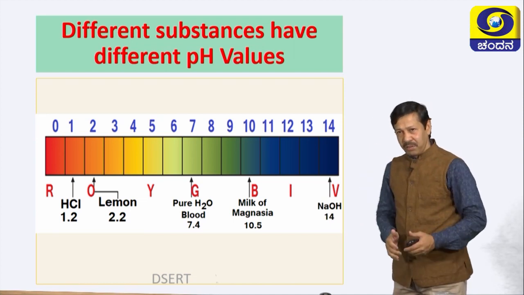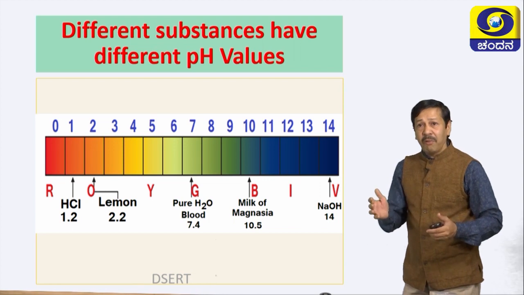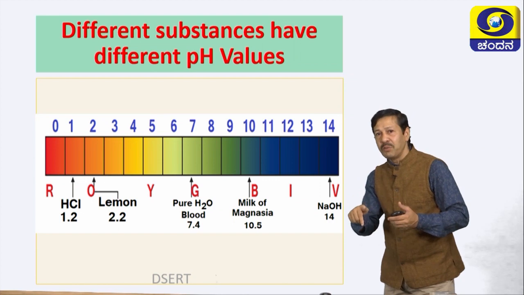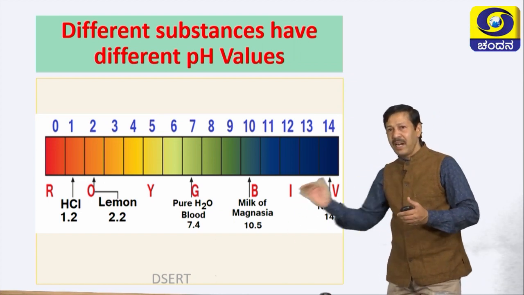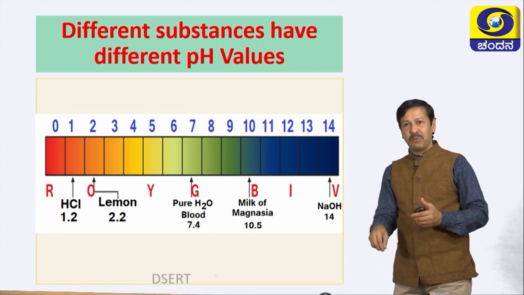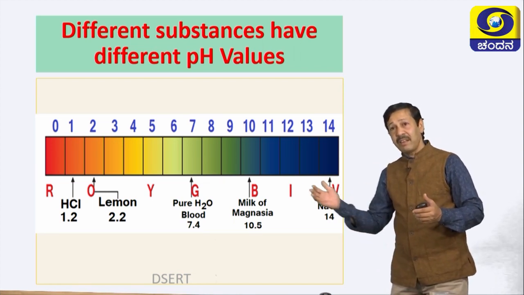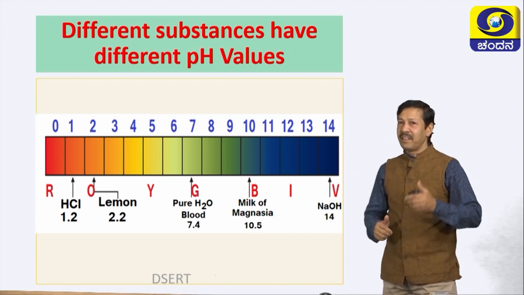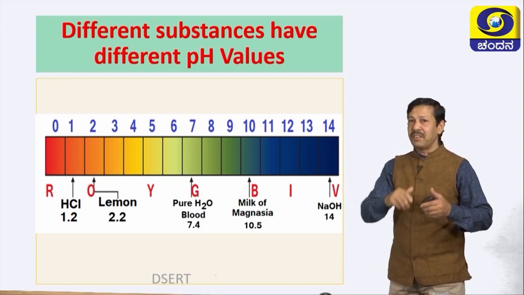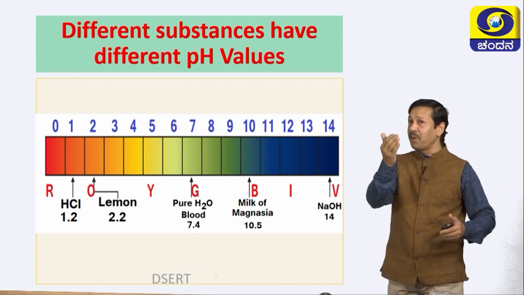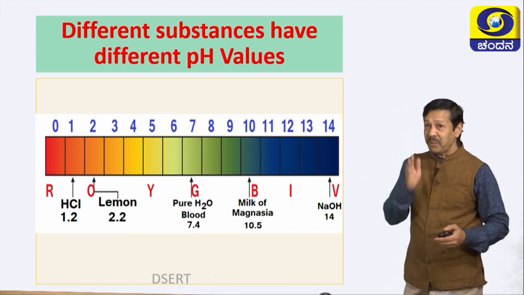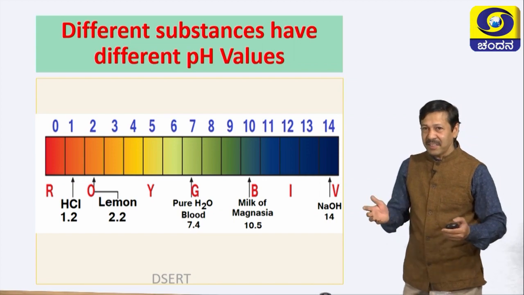I have one more mnemonic. What is that? Methyl orange. Where is the O? Yes, you are seeing just below the 2, O is written. Towards the right side Y, left side R is there. When methyl orange is added to base, color is yellow. When methyl orange is added to acidic solution, its color is red. See, one more mnemonic from this pH scale. So, now the examination becomes very simple, right?